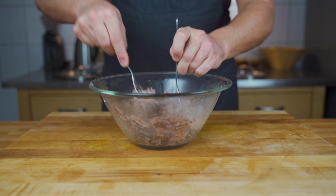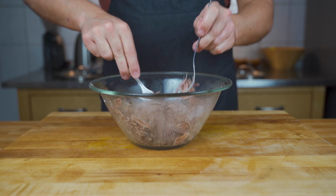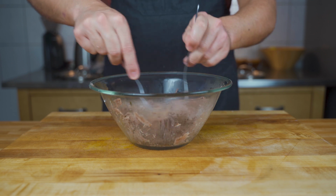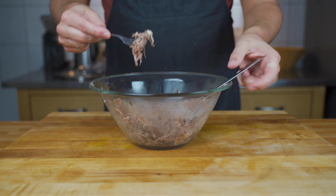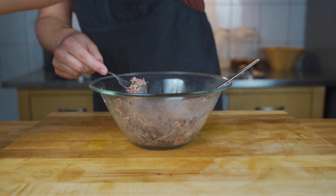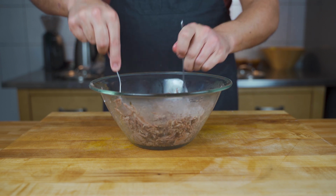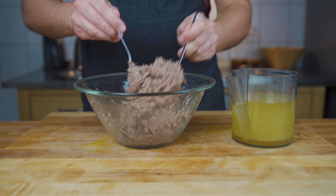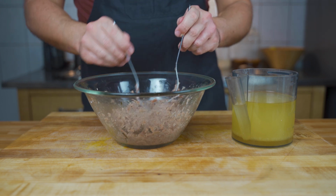And then again, check the meat mixture. If you have any pieces in there which you don't want in the final rillette, there's nothing more cumbersome than to have any pieces you bite on and then you don't want to eat it anymore. So clean it up, shred everything through, and put the liquid into a gravy skimmer or something like this, and